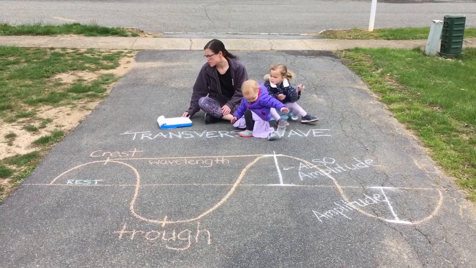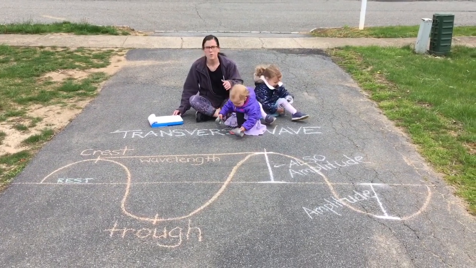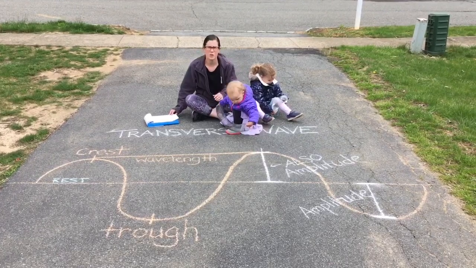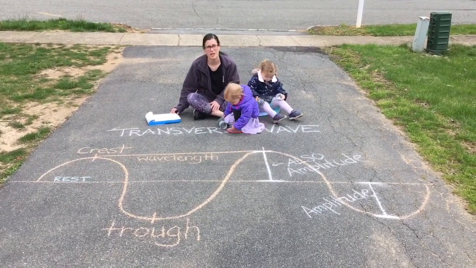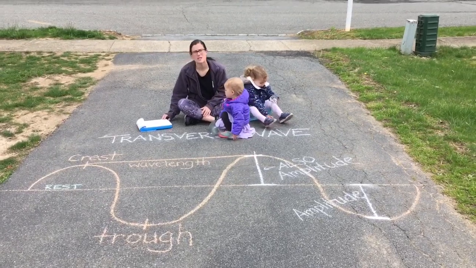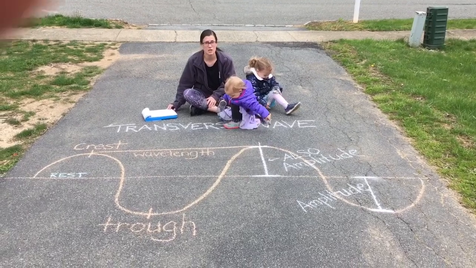Just some reminders, when you do your evidence, it should start with something like, when we made waves such and such way. It should be relationships to what you saw in the video or what you did with your slinky if you had them. Then your reasoning should be more of the scientific generalization of the relationship between